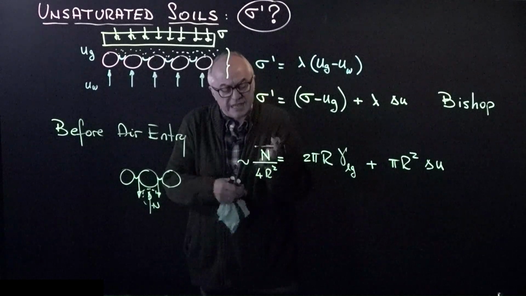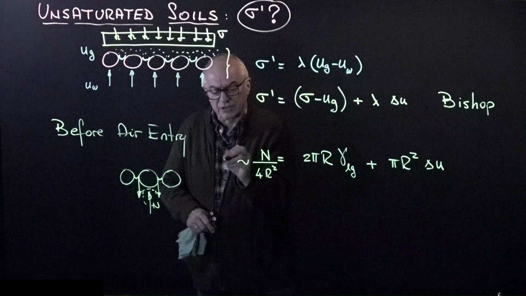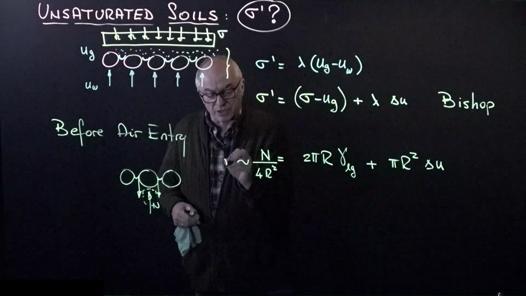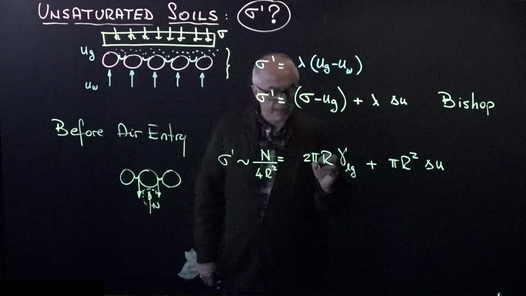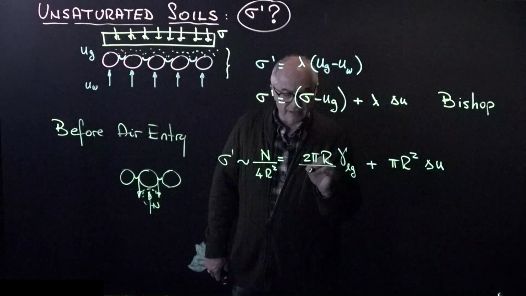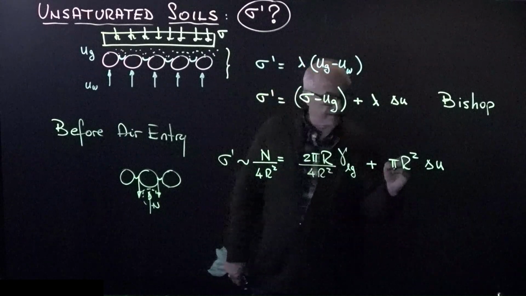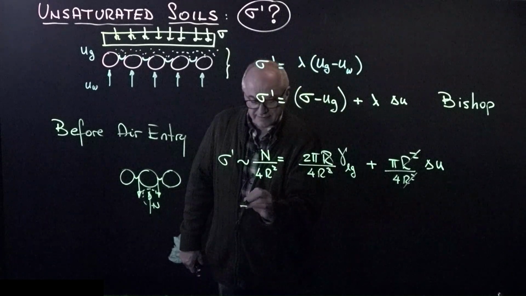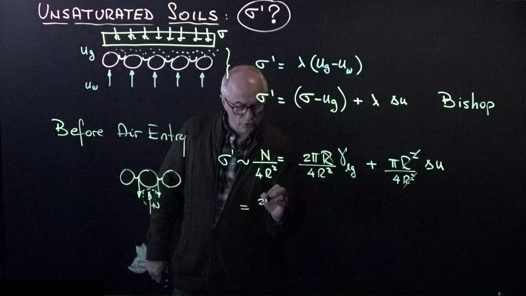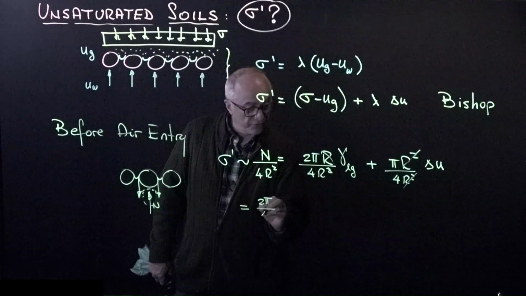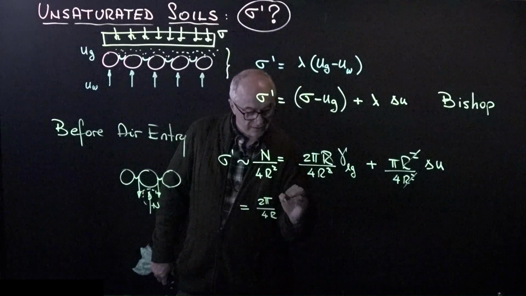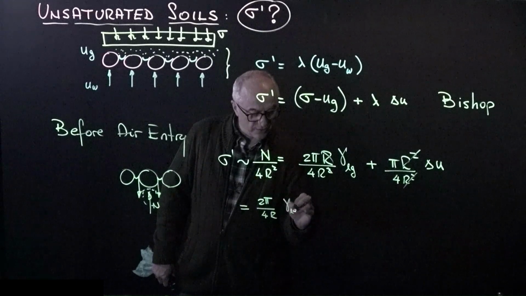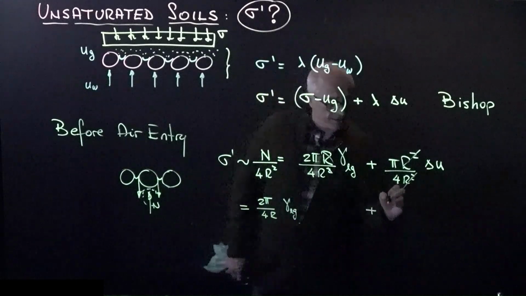It's a way of upscaling from skeletal forces to the macro scale concept of effective stress. And so this is also divided by 4r squared, the same as here. And so what I get is that this is equal to 2 pi over 4r gamma liquid gas plus pi